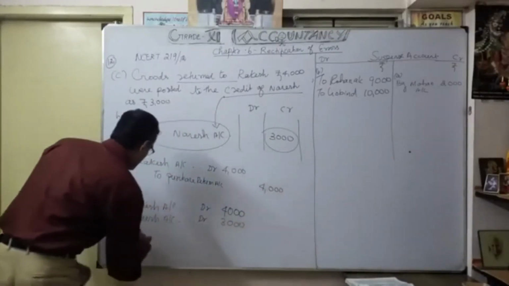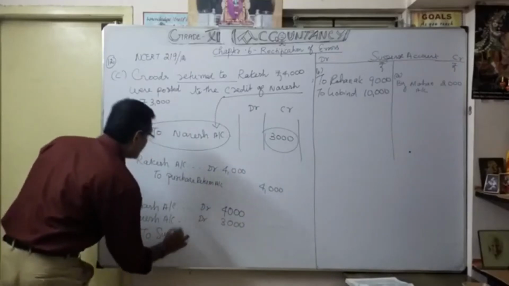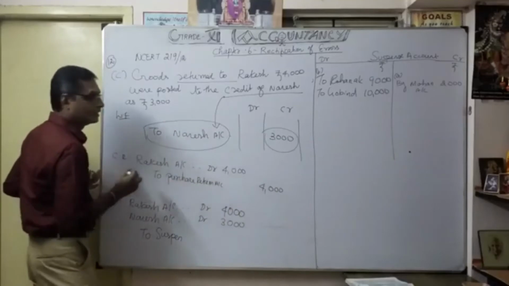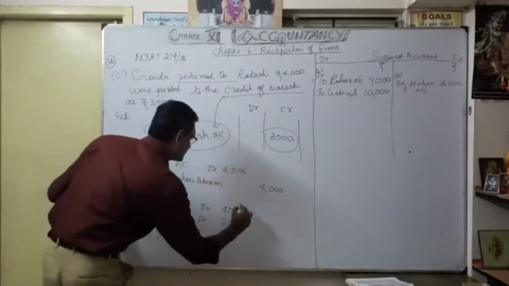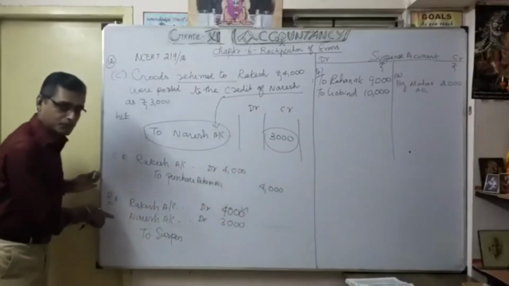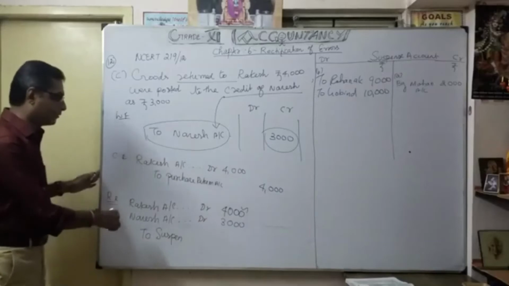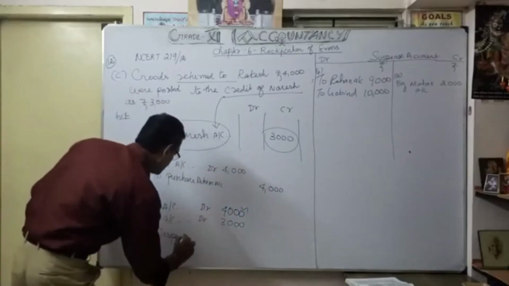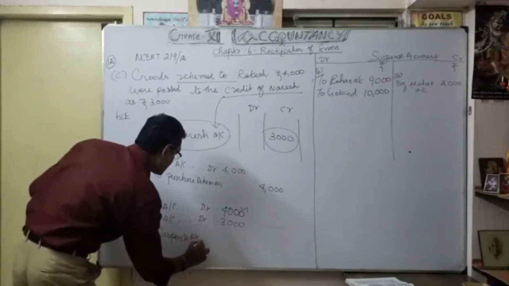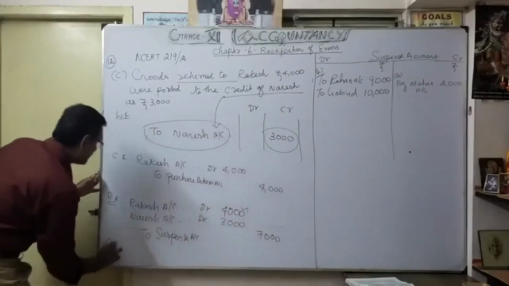Okay, so what I am going to do? Credit. Credit is what? To suspense account. So one side error, isn't it? So that's what I totally debit. This is the right one. I am going to do that. Rakesh account now I am correctly debited. Then Naresh account earlier wrongly credited. Now I am going to rectify. To Naresh account 3,000. To suspense account how much? 7,000. Okay. Narration, you know, as usual.